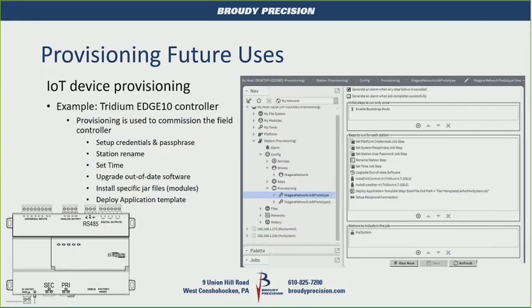And then the comment I made earlier about the future uses of the provisioning, and in this case, with Tritium's Edge 10 controller, you can set up your credentials, your passphrases, you can rename the station. So you have a station set up that you want to deploy in, say, 50 controllers. We want the name to be different in each one. So you can set up a rename station,